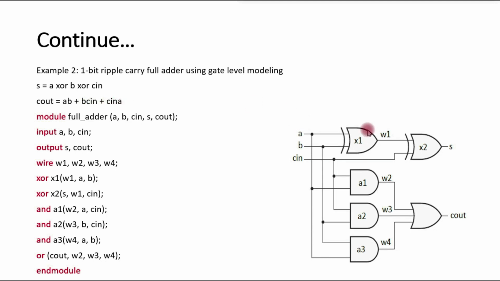The logic diagram is depicted here. Sum is S and sum is XOR function of three inputs. So here we are using two XOR gates. For simplification we are labeling the XOR gates. This one is XOR X1 and this one is XOR X2 gate. And for implementing C out we are using three AND gates and one OR gate. And for simplification these are labeled here: A1 AND gate, A2 AND gate, A3 AND gate. A Verilog program for this 1-bit triple carry full adder is given here.